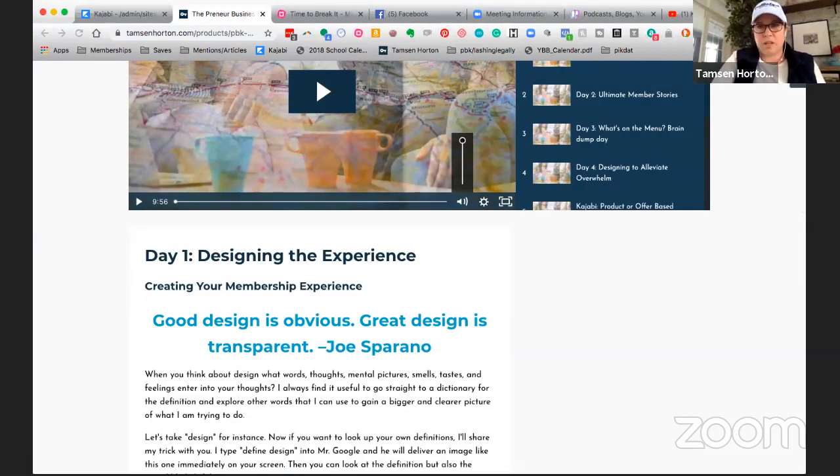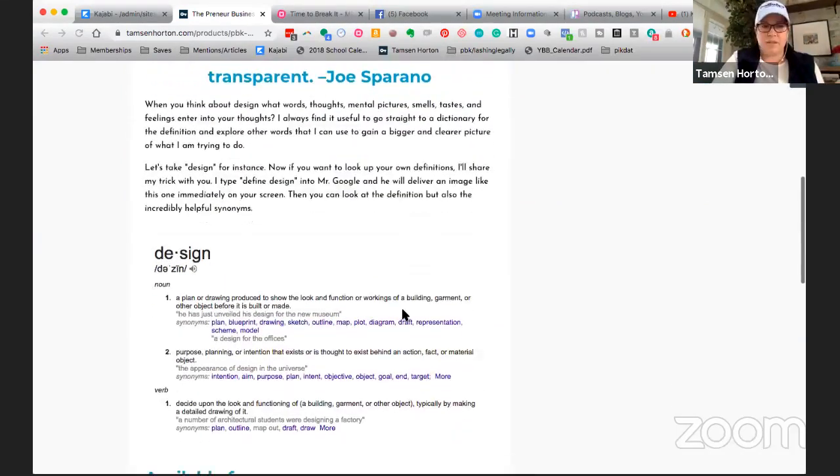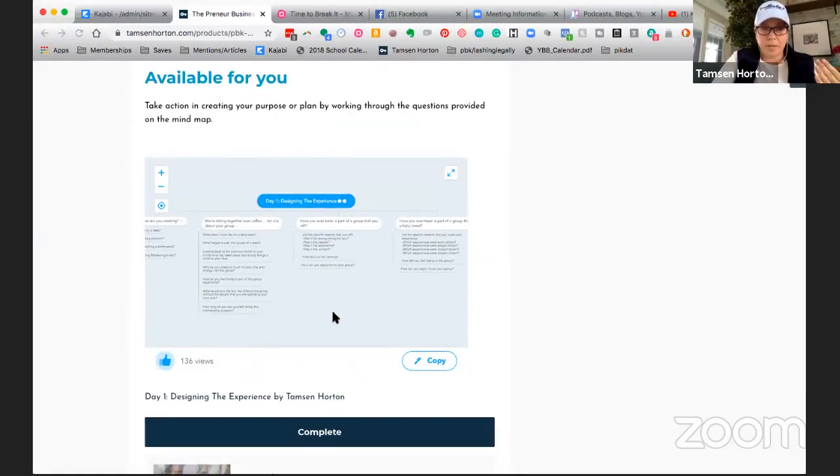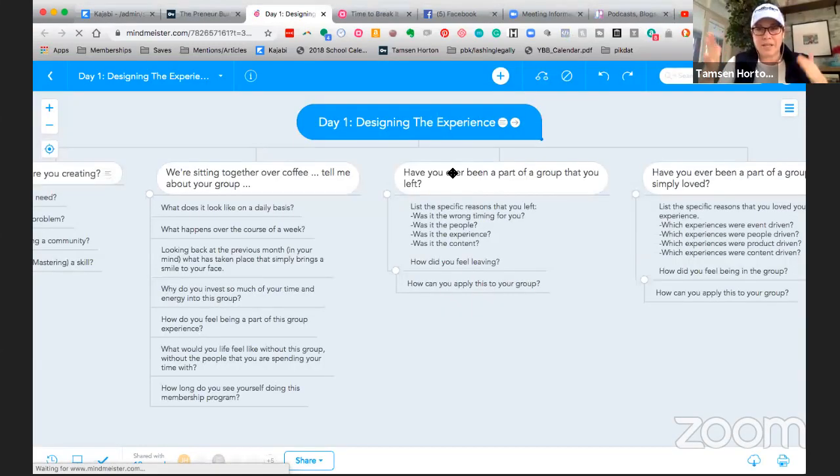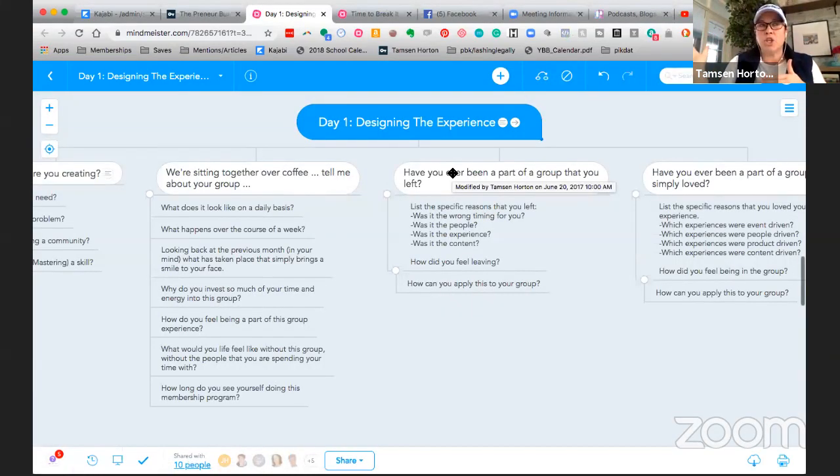The tricky part is knowing what it is that I'm designing, because exactly like Dave said, there isn't a one size fits all. You start out with a framework, and then